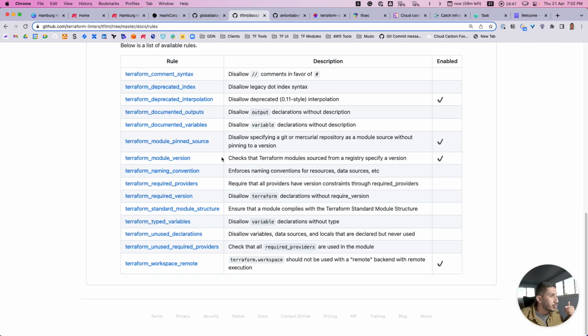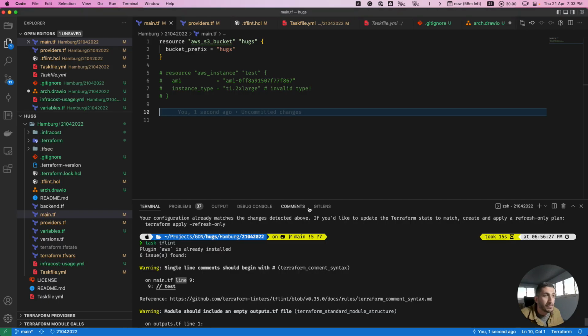This way, you can think better about making sure that you're going to have a consistent outcome if the future binaries or providers or even modules are updated by themselves.